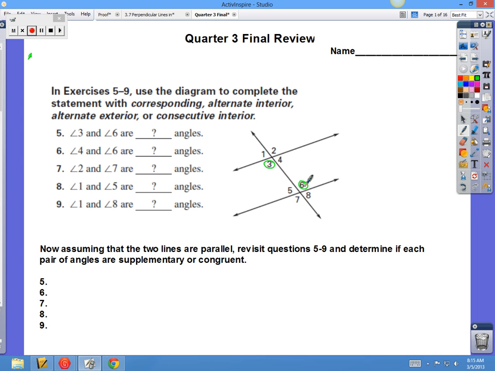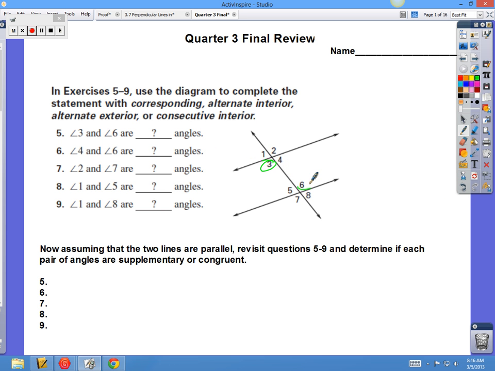This guy and this guy, they're on the inside, they're in the middle, so they're going to be consecutive interior. Number 6, 4 and 6 are on the inside, they are also going to be interior. Oh shoot, I messed up. This should actually be, these are consecutive interior because they're on the exact same side. The one before, where it was